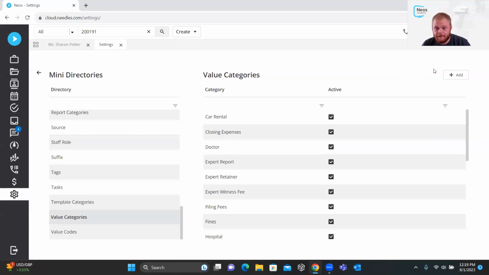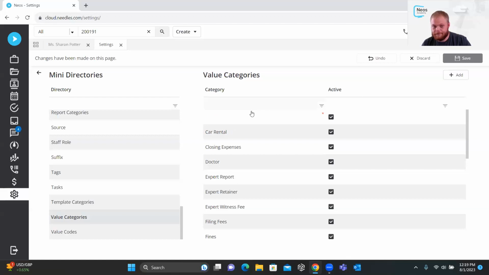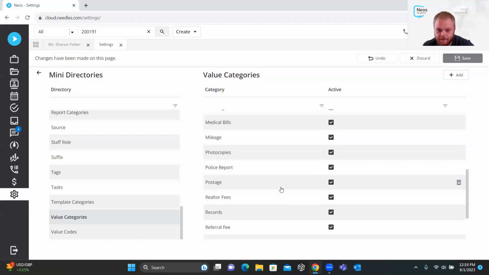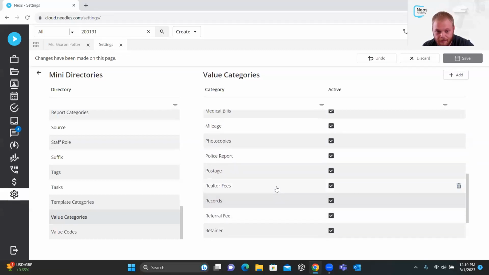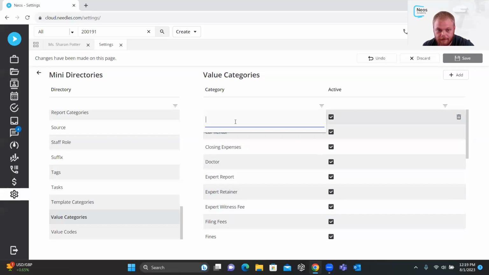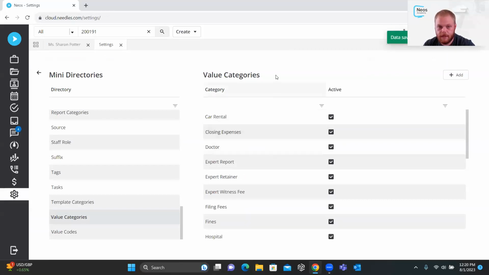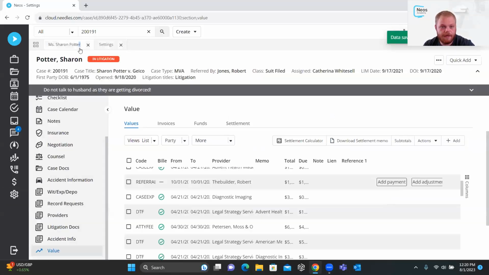Typically, whenever you want to add something, it's found through the top right. All right, and we can type in whatever we would like. Let's see, because I'm pretty sure this one's pretty built out already. Just for today's purposes, we'll just say test for now, just to show you guys how that works. So if I add that value category here,